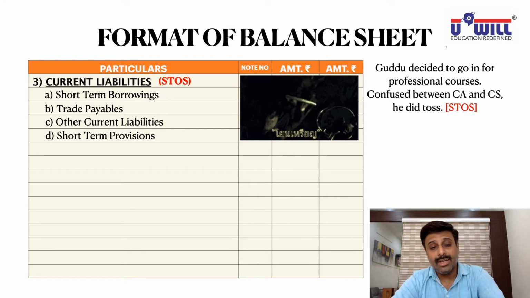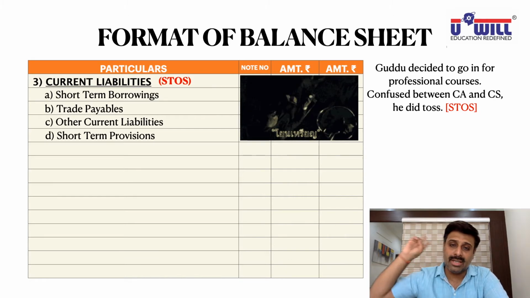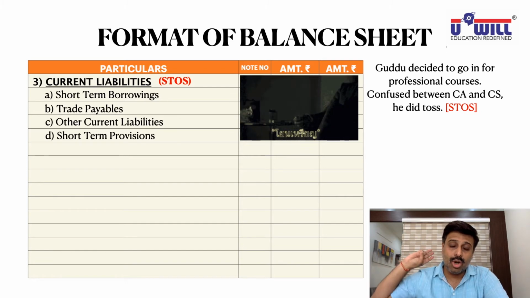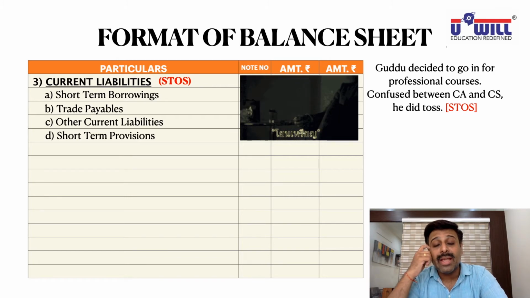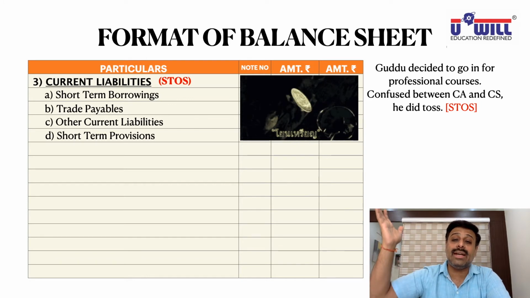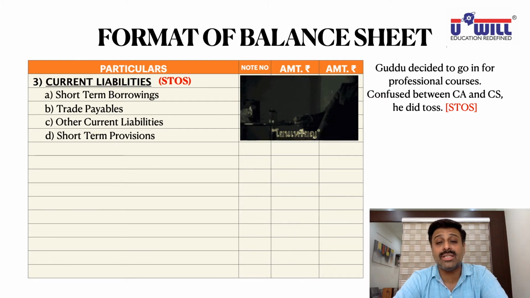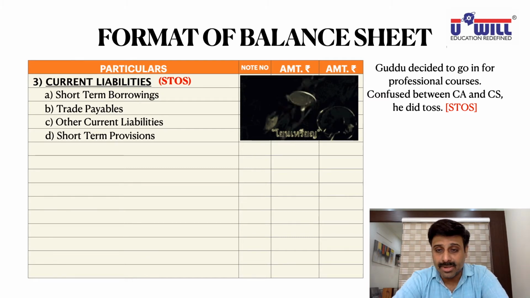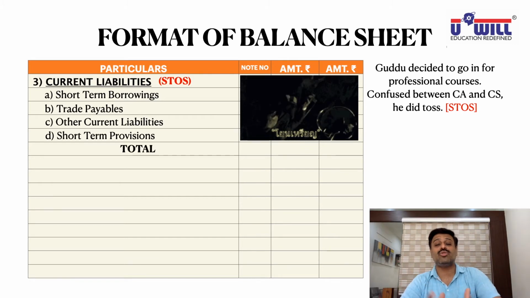Once again, the shortcut you will remember is STOS. 3 items are same: long-term borrowing, short-term borrowing, other non-current liability, other current liability, long-term provision, short-term provision. T stands for trade payables. Short-term borrowings will include bank overdraft and cash credit. Trade payables will include creditors and bills payable. Other current liabilities will include outstanding expense, pre-received incomes, then all the items of non-current liabilities in the last year of payment. And short-term provisions: provision for tax, proposed dividend, etc. So the liabilities side is completely done. We'll have the total of liabilities. Let us recollect the story once again.